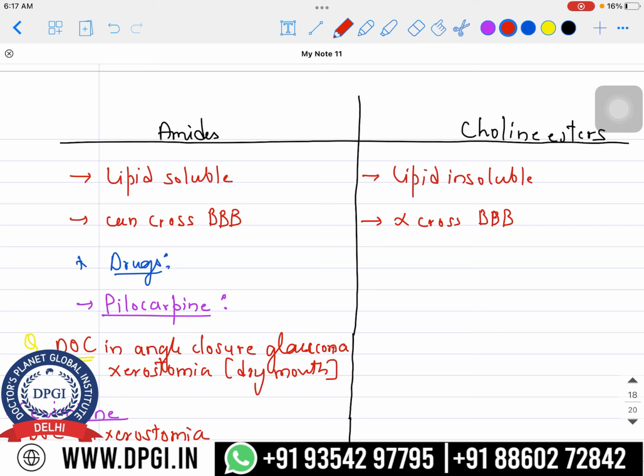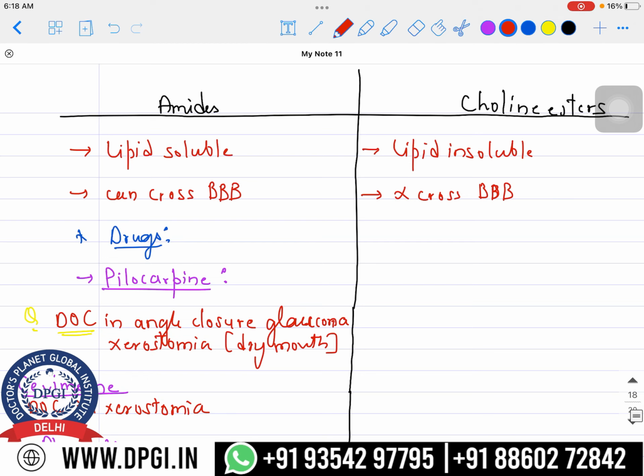And that's why, if you are giving this particular drug, will you be seeing any kind of side effect related to the nervous system? No, you won't be seeing any side effect related to that, because it is not crossing the blood-brain barrier. So you're giving some drug to the patient, and this drug will not cross the blood-brain barrier. It will not show the central or nervous system side effects if you are using the choline ester drug. That is a benefit of using this drug. It cannot cross the membranes over there.